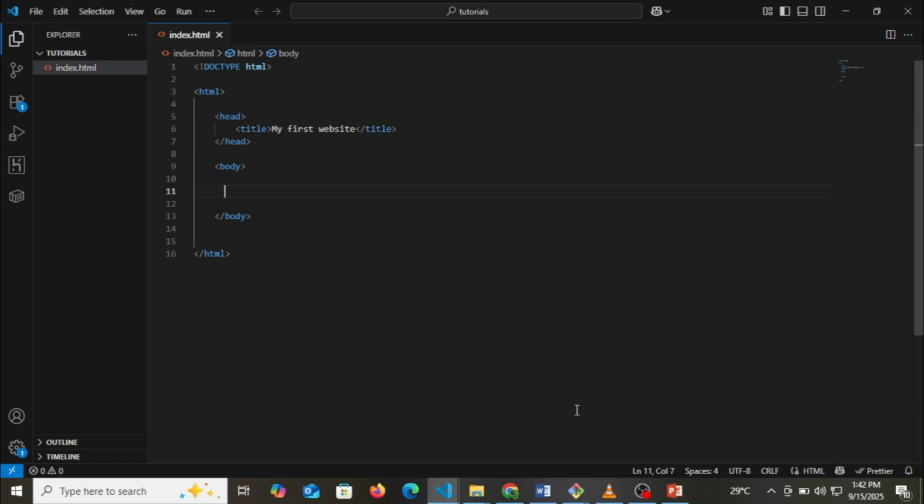Alright guys, so we'll be looking at some HTML tags. The first one we'll be looking at is the H1 tag. H1 meaning header 1 or heading 1. So this is heading